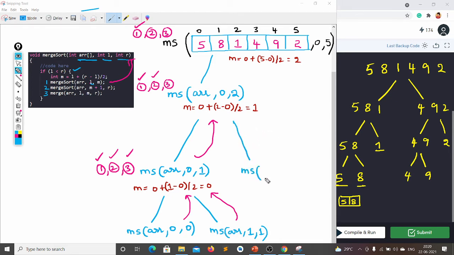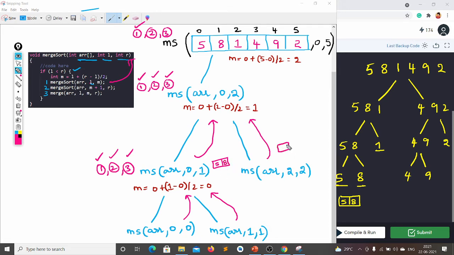Merge sort of what is it passing? array, m plus 1, m means 1, 1 plus 1 is 2, and r means 2. Again it goes back and checks is L less than R? No. Then it simply says okay, there is no use of me, so you can perform the further operations. Then it will call merge sort; already 5 and 8 are written, here 5 and 8 are returned.